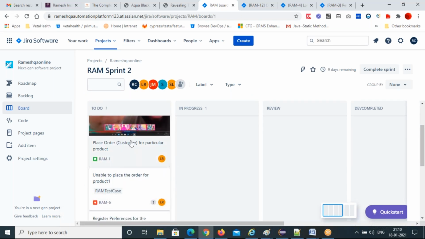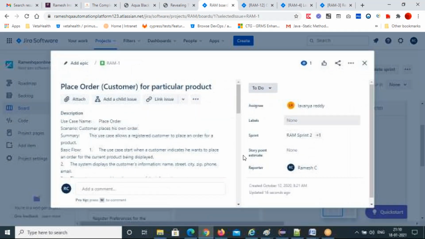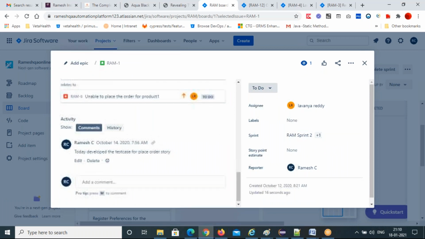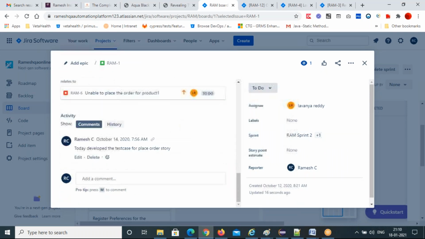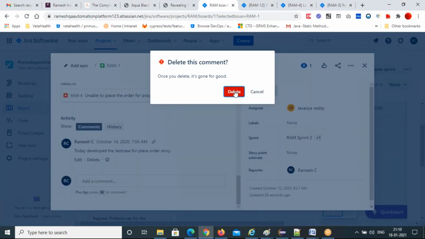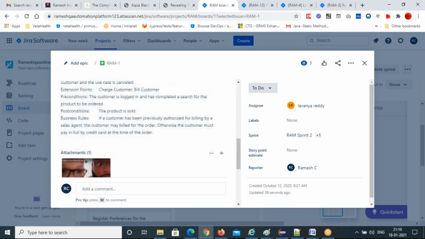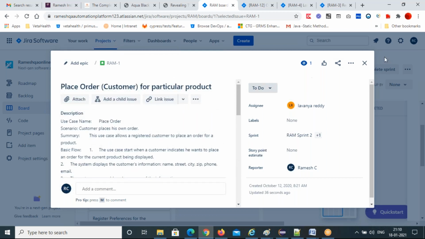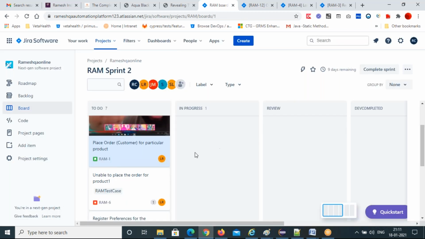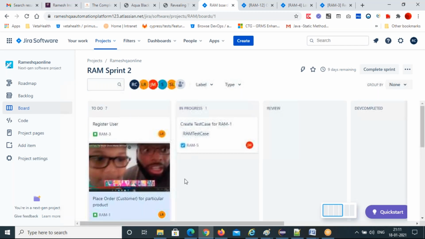Okay, sir. So here you can go and read all the requirements. See that all the requirements are here. You read and try to write the test cases also. Okay, sir. Today, develop the test cases for place order. I'm deleting all this. You can try all these things. Okay, sir. Sure, sir. So like that we need to write the test cases. Try writing some test cases, then we can see how it all moves. If you have any doubts, come back.